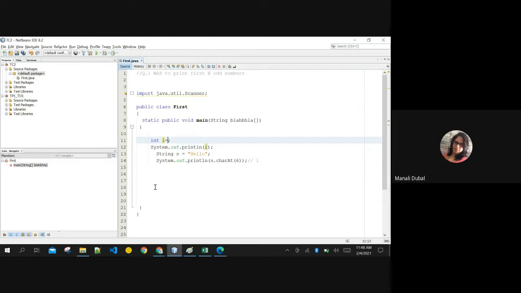But in C++ also, you can do it like this. When you print it, it shows you some garbage value. This you might have faced in C and C++. But here it is not the case. You need to mention the value for a variable. Okay. Character at, if it is in the range, it will show you.